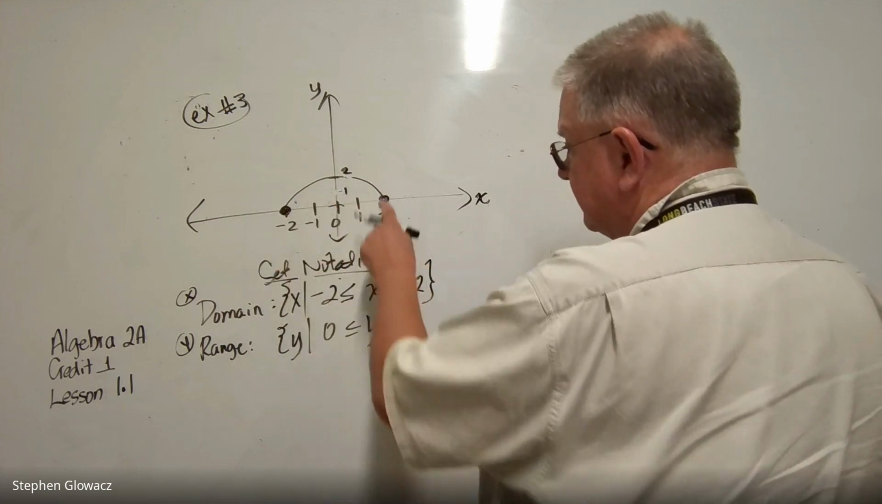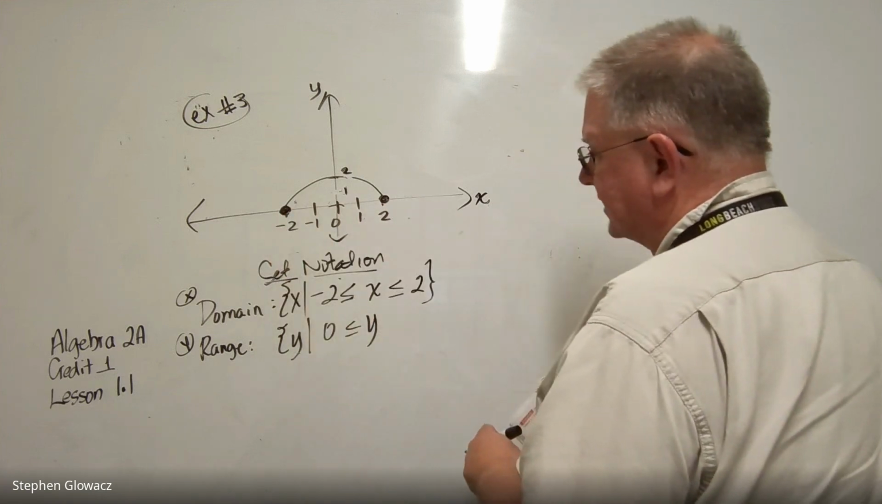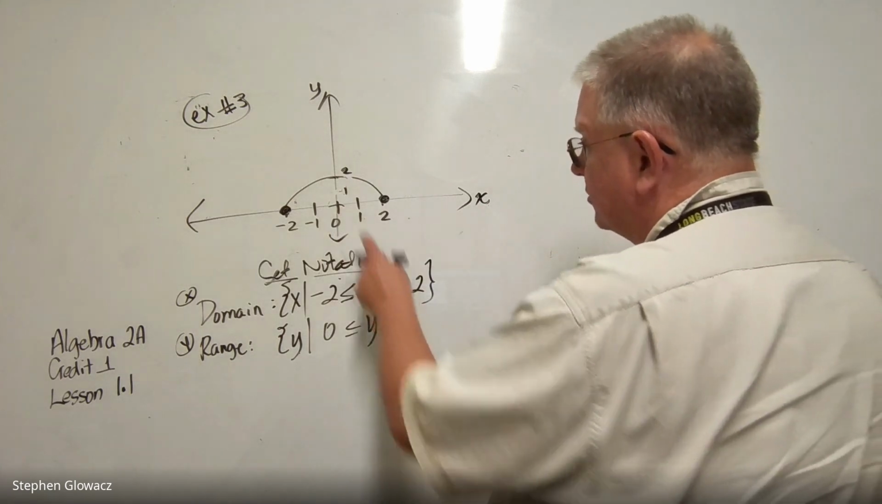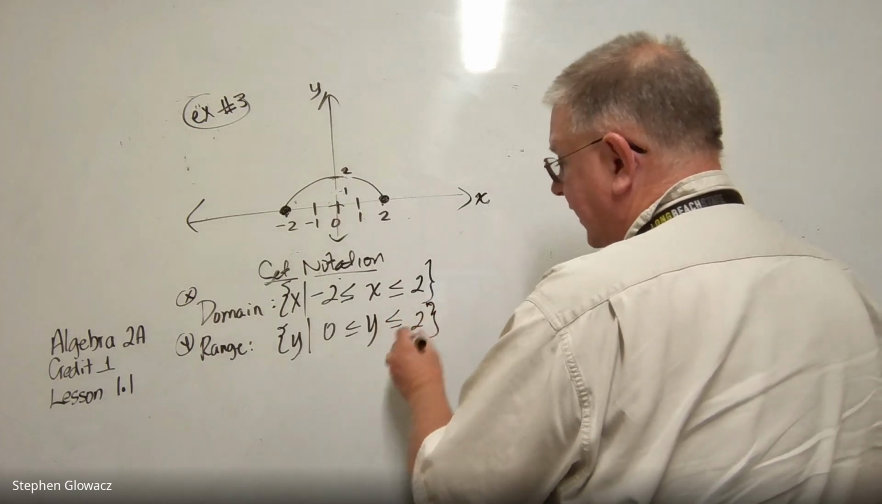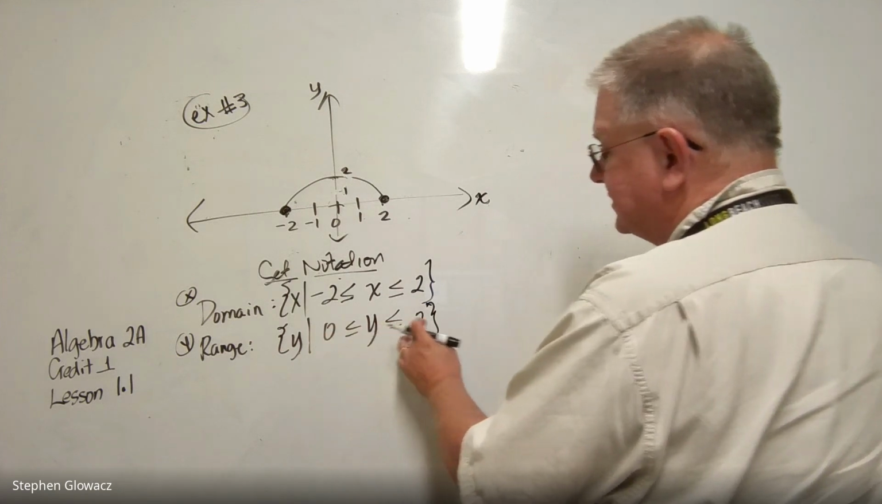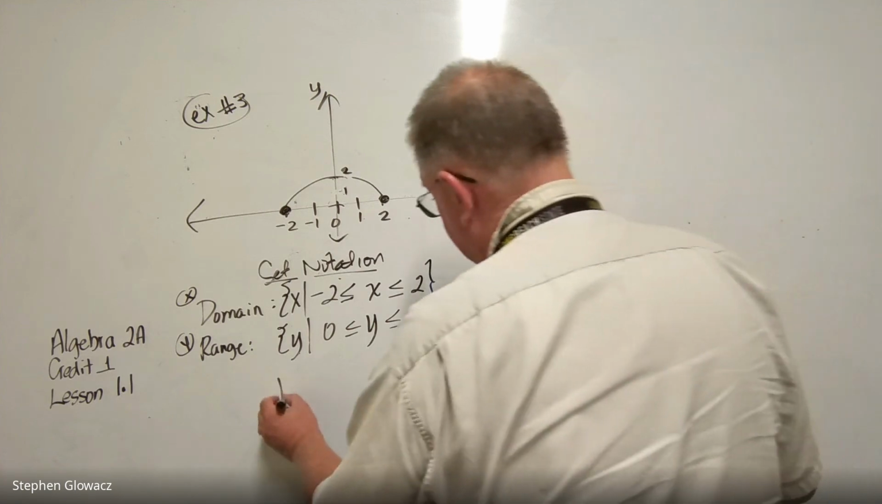We're including 0, because we have solid dots on the x-axis there, the low point of the graph, and goes up to and includes +2. So again, the set of all y such that y is greater than or equal to 0 and less than or equal to 2. Now to write that in interval notation